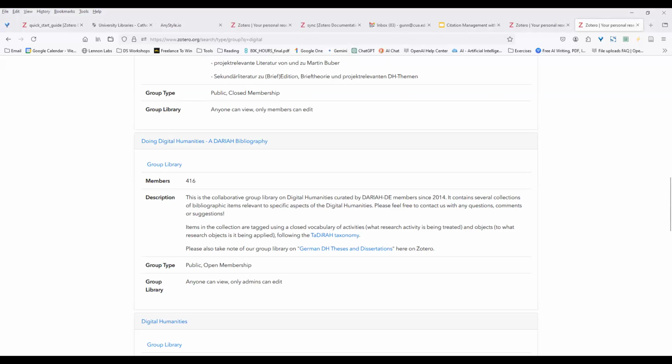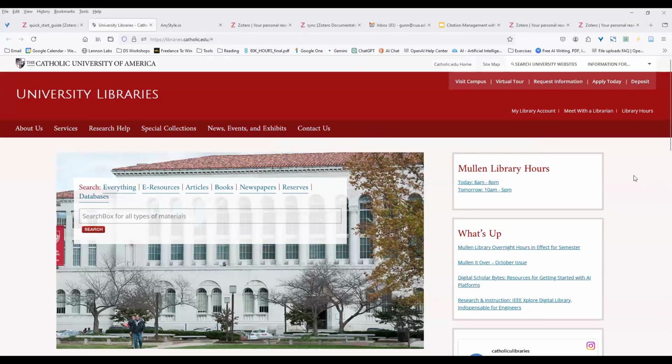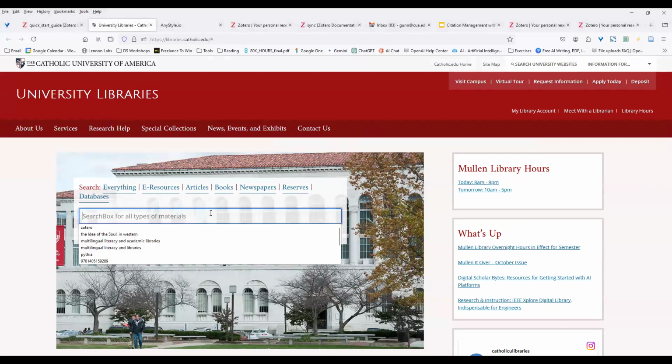Now what we're going to do is we need to populate our Zotero workshop for today. There are a number of different ways that you can do this. You're going to go to our library catalog. Here we go. So why not start here where we always start? I always recommend the students and faculty start here and we'll find some material. So let's go in and take a look at, I don't know, let's say Plato,